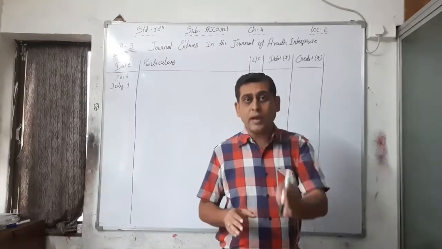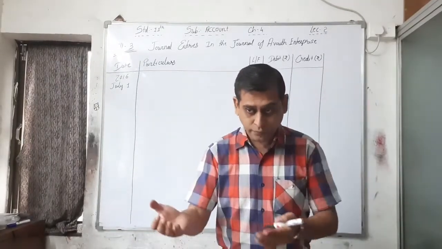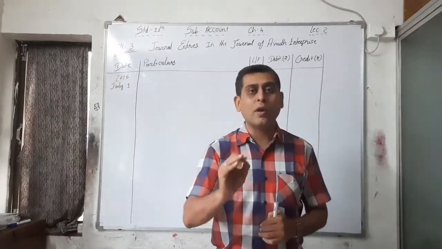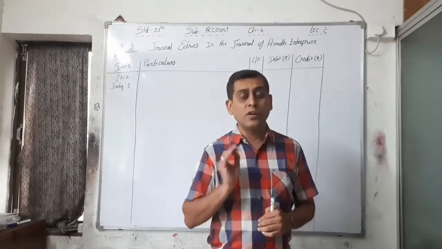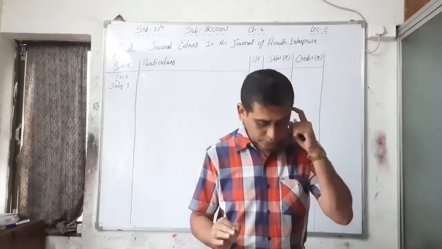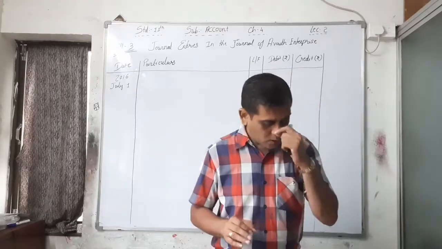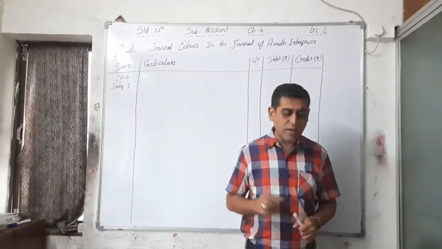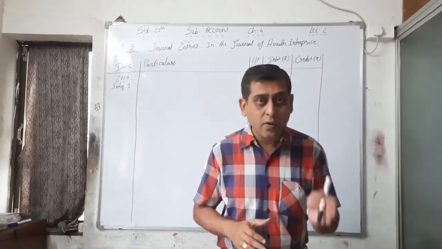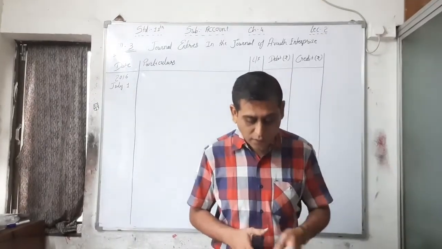So please keep in mind always, whenever the owner gives something to the business, or the owner takes something from the business, only the capital account and drawing account are affected, not the owner's account, because capital and drawing accounts are the representing accounts of the owner. So here, introduce capital of rupees 50,000 and commence the business. That's why the cash account is debited with 50,000 and the capital account is credited with 50,000.